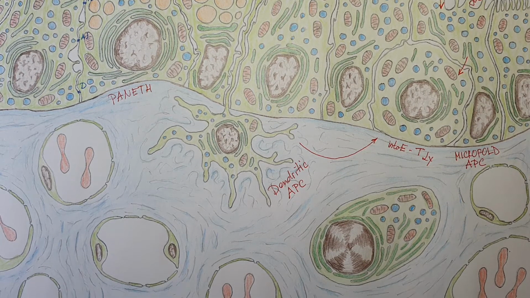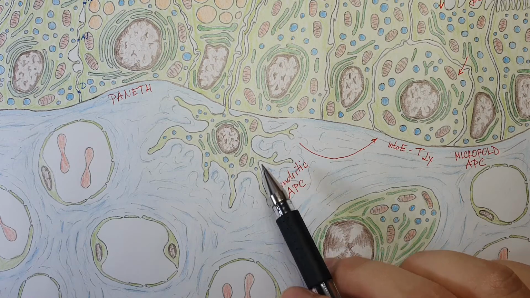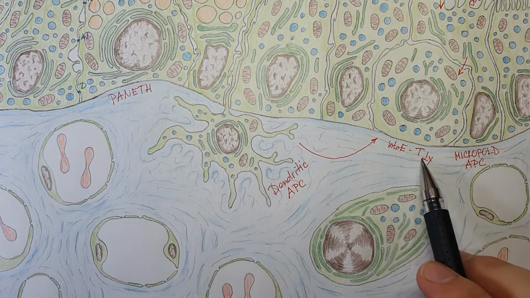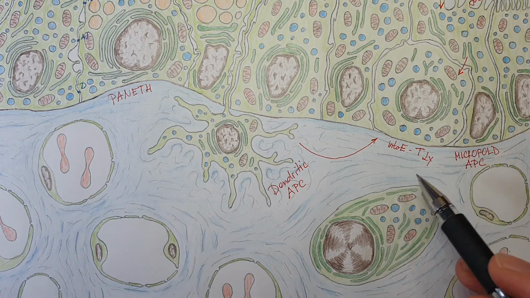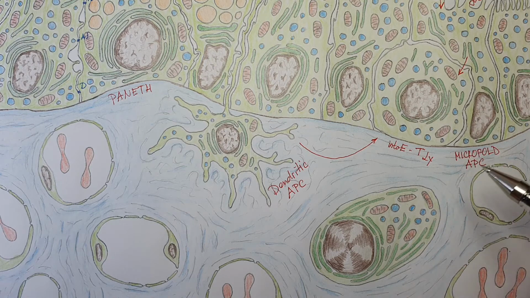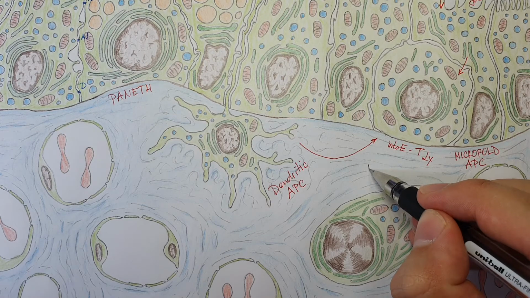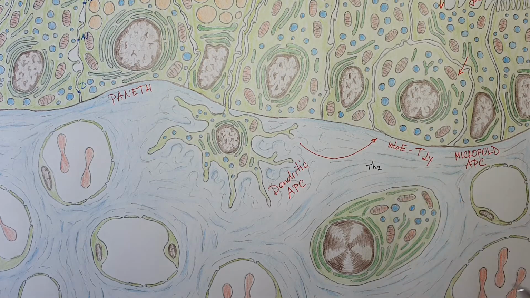So, for example, if the dendritic cell presents an antigen to this T lymphocyte, this T lymphocyte can then turn into a Th2 lymphocyte, and it can produce